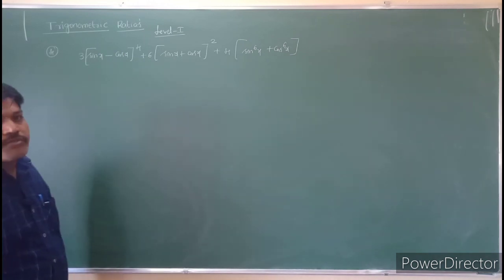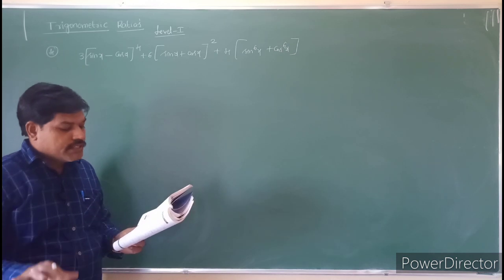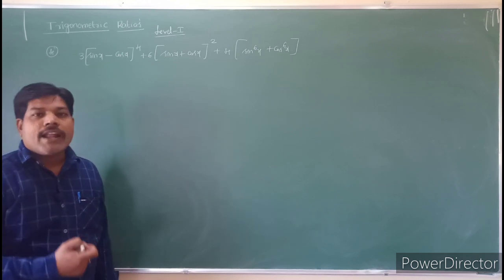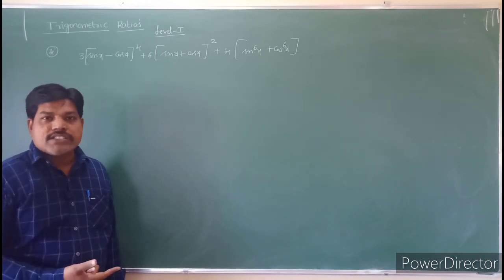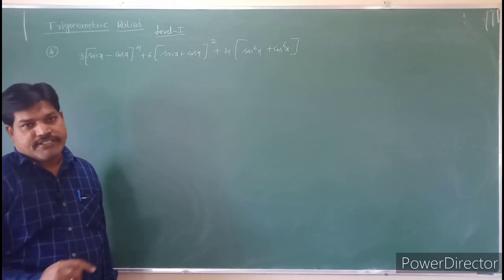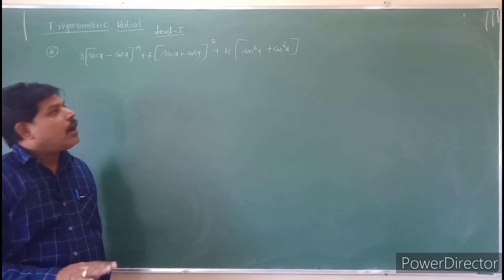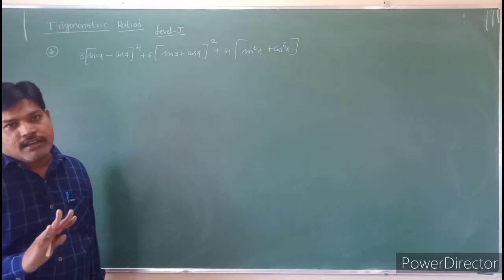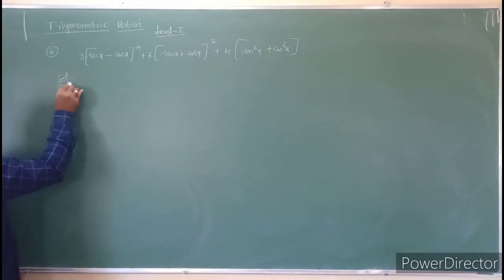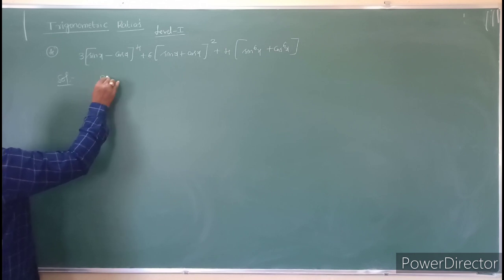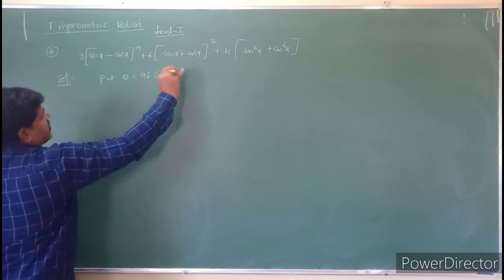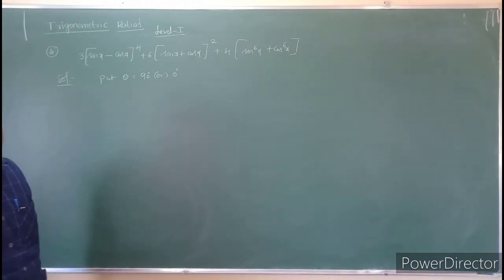This type of problem, we can see the answers. All the values are given as numerical values. Yes or no? So that means you can give one angle to x. You can take an easy value. Sin and cos are there, so you can take 0 or 90 degrees. You can take theta equal to 0 or theta equal to 90 degrees, and you will get the answer. Okay, so see the solution. Put theta equal to 90 degrees or 0 degrees by your choice. I will take 90 degrees.